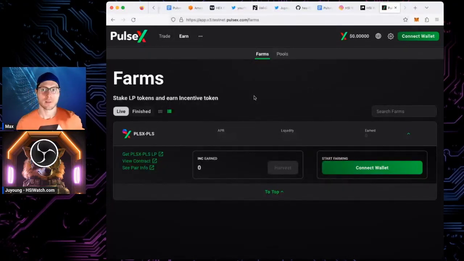That's what I believe. No, so I tried adding just for fun, just to see what would happen. I tried adding liquidity for the Pulse and Hex pair. There wasn't a liquidity farm. I just wanted to see what would happen if I added liquidity, and I still got the same PLP token. So I was like, I don't know what that means. Is it just going to be a single farm, or is there going to be a farm for each pair? I would imagine that you'd want one for each pair, but